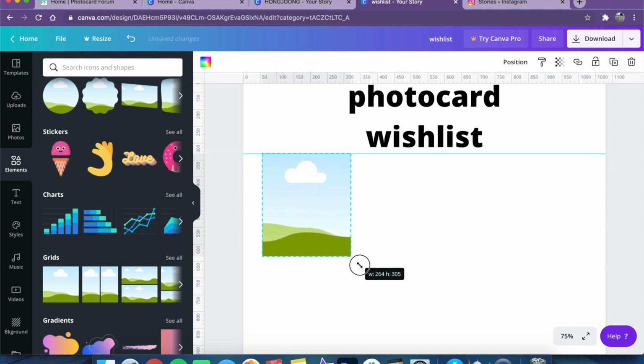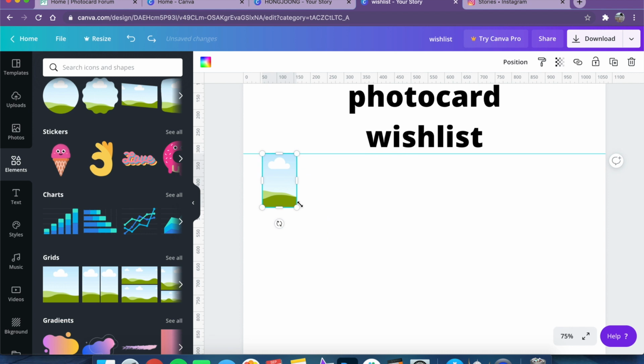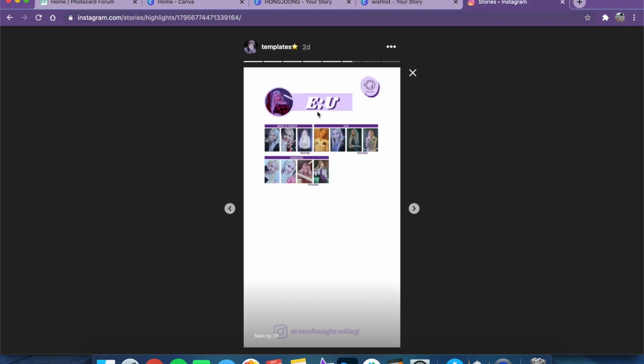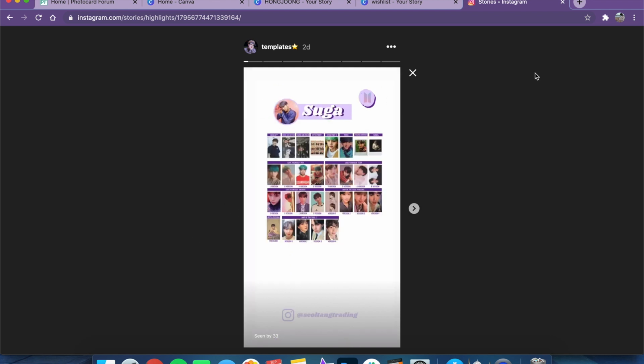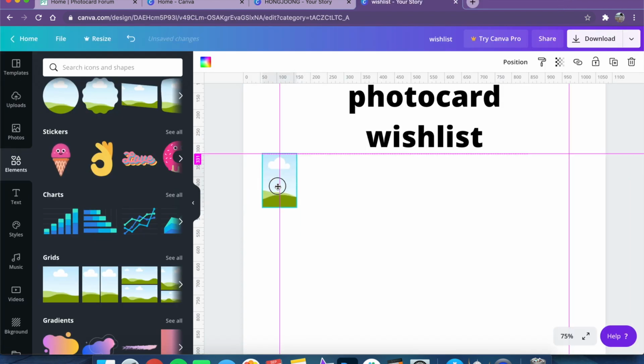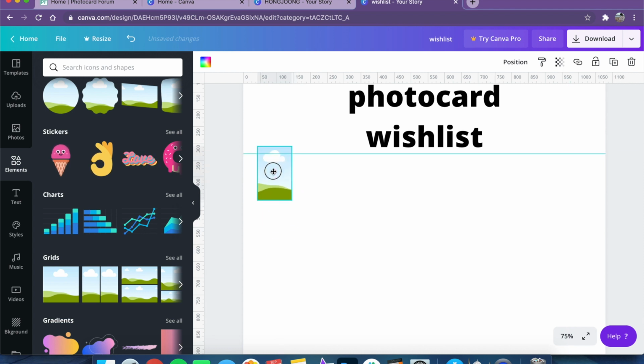see, but you can also drag it to make it bigger. If you want it double this size, you can multiply the dimensions by 2 and then you can have double this size. But I like it this size because, on a desktop it's hard to see, but on a phone it's pretty easy to see, and it gives you a lot of room, especially if your person has a lot of photo cards like Mark or like how Yoongi does. So that is how you make the basic photo card shape on here,